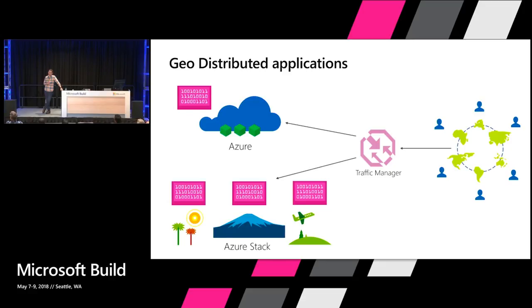Now, there's a caveat here, right? The caveat is for Traffic Manager to redirect traffic to Azure Stack, a couple of things need to happen. You either have your Azure Stack with inbound connectivity allowed, or you establish VPN to Azure, and then Traffic Manager can redirect the traffic. So this is very powerful because, again, you can have ingress points all over the world, Brazil, Italy, and then have your processing in a specific place.